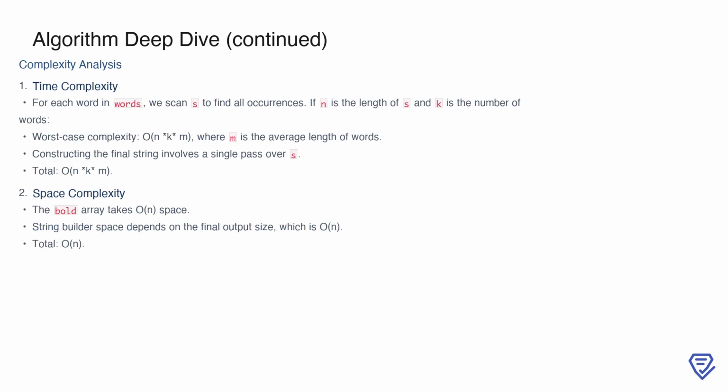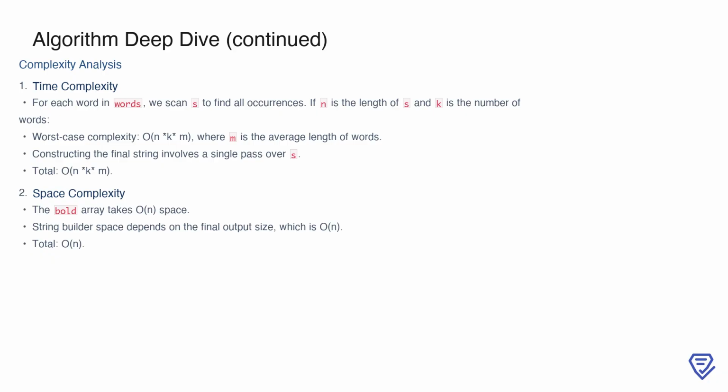Analyzing the complexity of this algorithm gives us a clear understanding of its efficiency. In terms of time complexity, for each word in words, we scan the string S to find all occurrences. If n is the length of S and k is the number of words, the worst-case complexity is O(n * k * m), where m is the average length of the words in words. Constructing the final string involves a single pass over S, so the total time complexity remains O(n * k